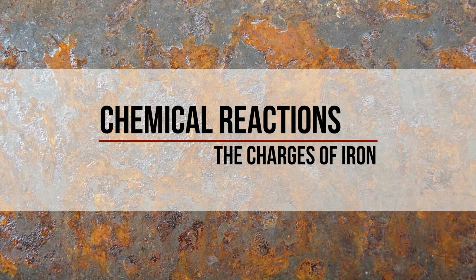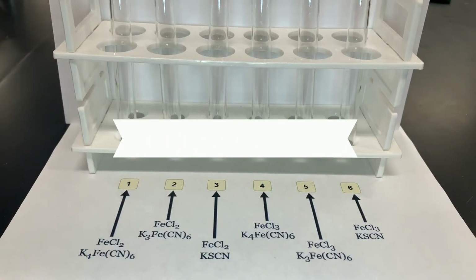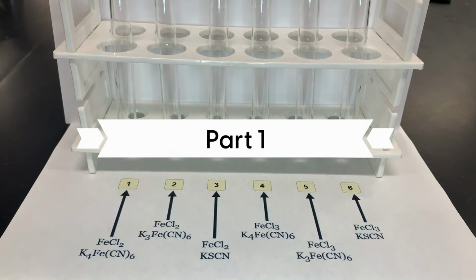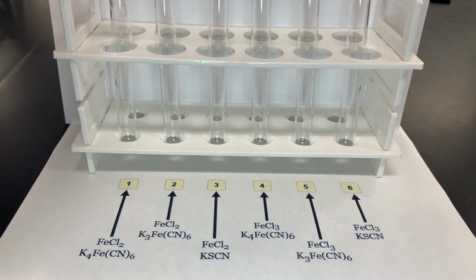When iron becomes an ion, it commonly occurs as either Fe2+ or Fe3+. This means that when these ions of iron bond to an anion, they will do so in different ratios, creating different compounds. In this lab, we are going to compare the reactions of two different iron chloride solutions, FeCl2 and